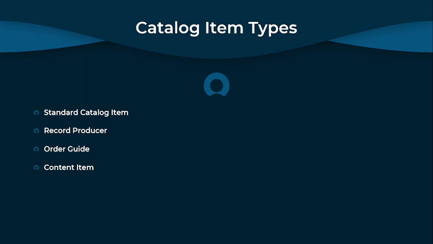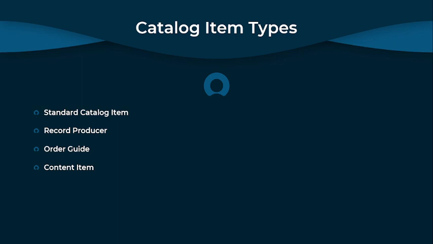Use a record producer to provide a better end user experience instead of using the regular task-based form for creating records. The look and feel of a record producer is similar to that of a catalog item, but the record producer generates a task record such as an incident instead of a requested item. You can create a record producer for tables and database views that are in the same scope as the record producer. You can also create a record producer for tables that allow create access from applications in other scopes.